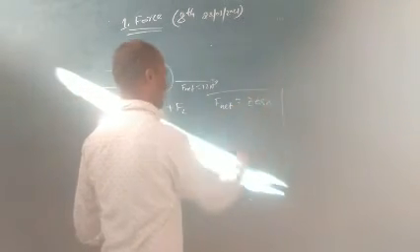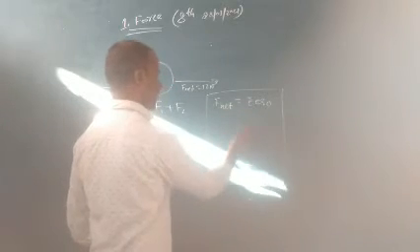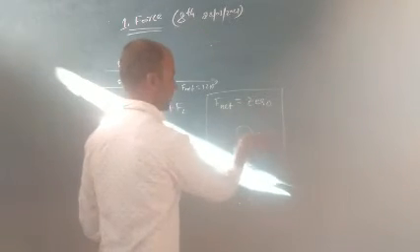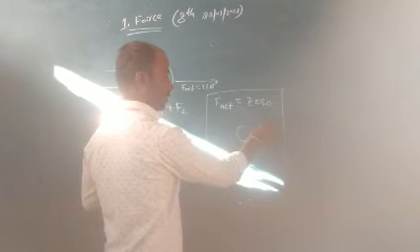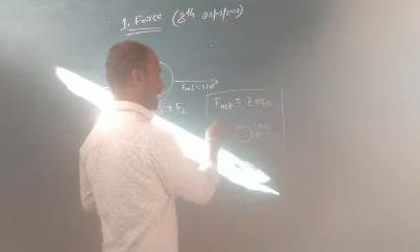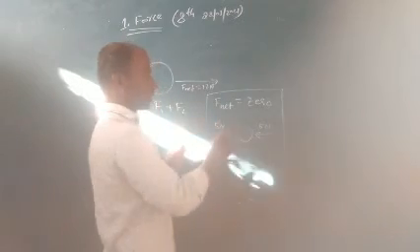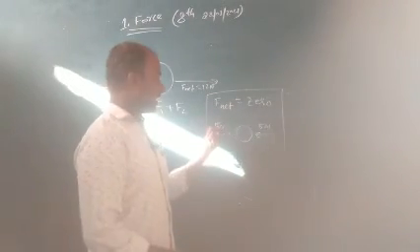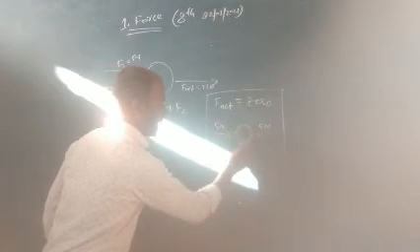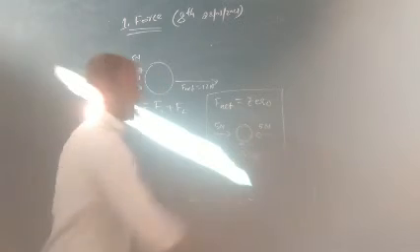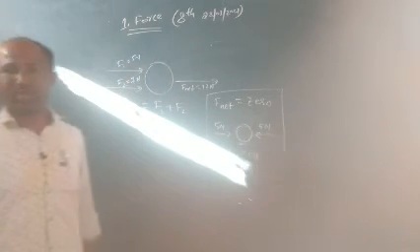How is it 0? For example, if the ball is there, we are applying a force of 500 from right to left side, and again a force of 500 from left to right side. Both forces are equal in value but opposite in direction. That's why this ball doesn't move from its place. Then we call the object to be in rest position. F net is 0. That is the meaning of it.